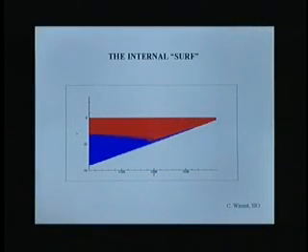Now, this is a little simulation I got from Clint Weinert at Scripps. This is the internal surf. Imagine that this is the surface of the ocean, and this is the beach, and this is cooler water below. The red stands for warmer water, the blue for cooler water. And imagine that you're standing at the beach here, and you've got your toes down here, and your chest is up here. Then what you'll experience